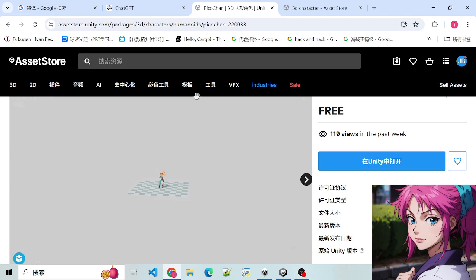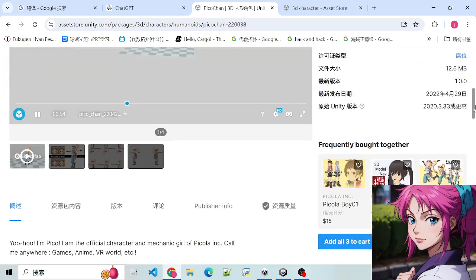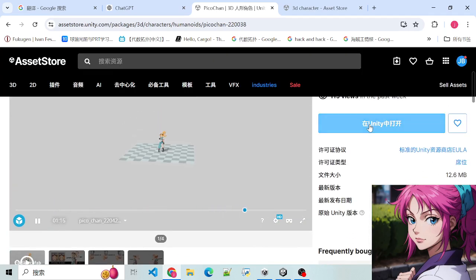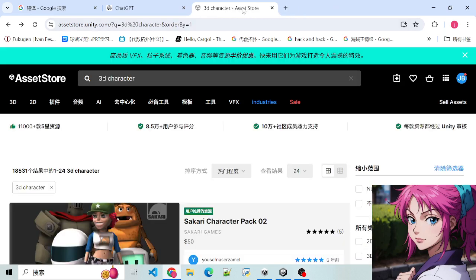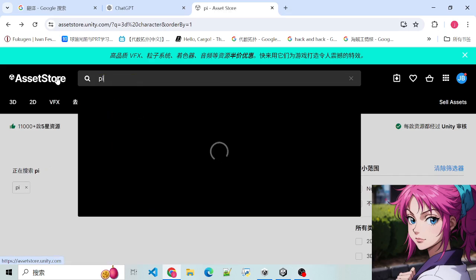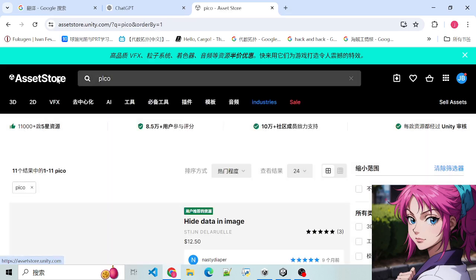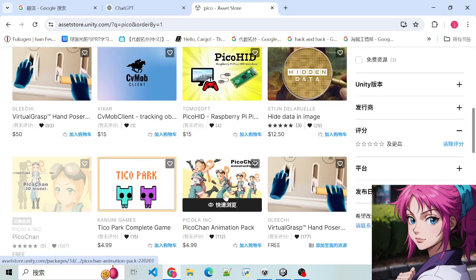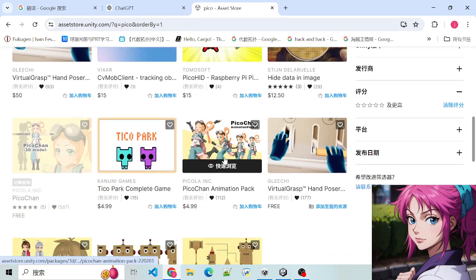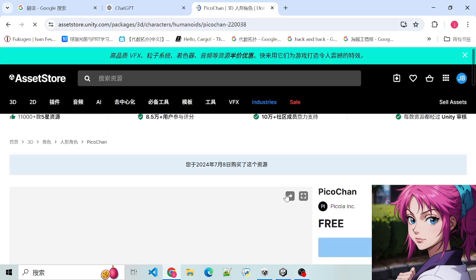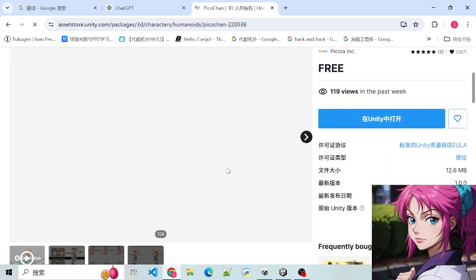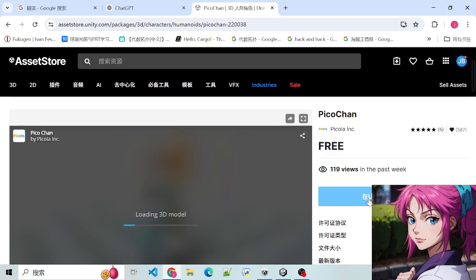Okay, so you basically choose your model, and then you could click here, right? Okay, let's select it again. Pickle, let's input pickle, and here is the animation of our model, but it's not a free one, so we choose this one. This is what we use, right? And if you choose the model, you can just click here,